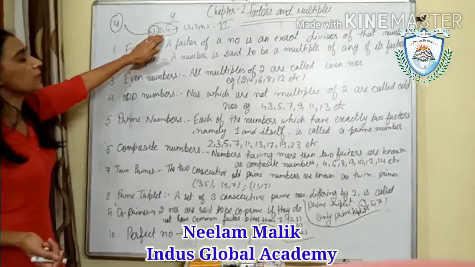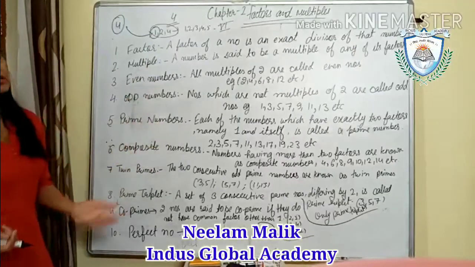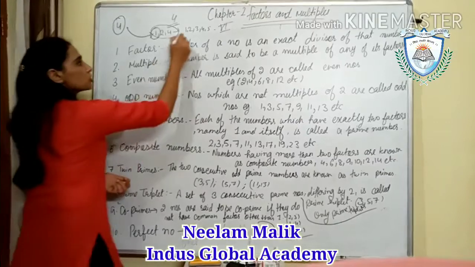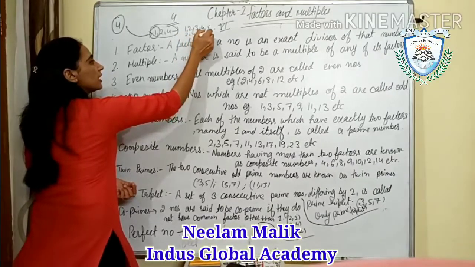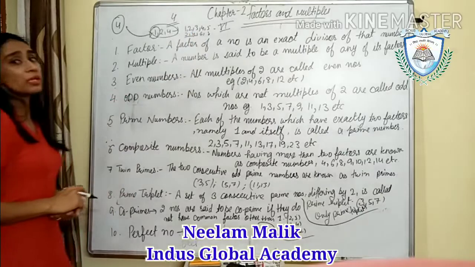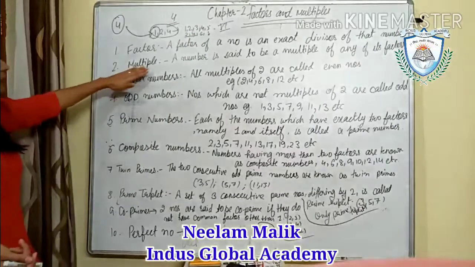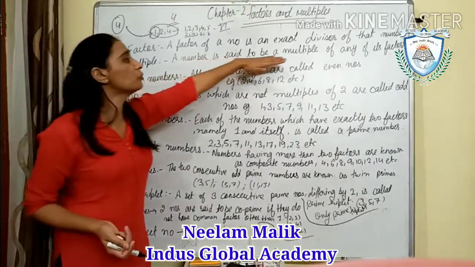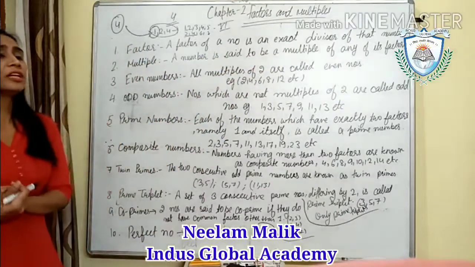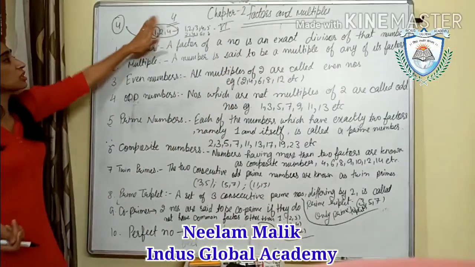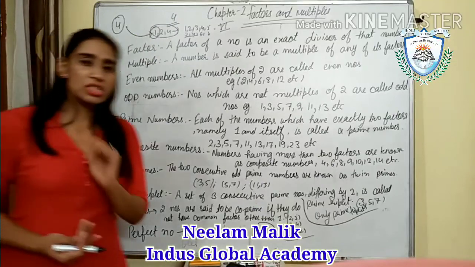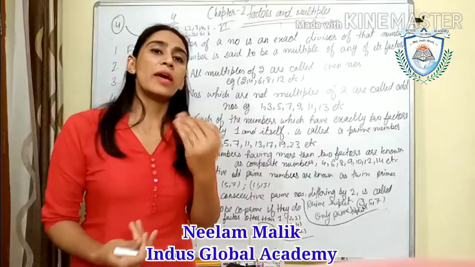In the multiples of 2, when you write the multiples of 2, what are the multiples? 2, 4, 6, 8 like this. So in that also 4 will come. So here they are saying a number is said to be a multiple of any of its factors. Means we call a number a multiple of its factors. And simply we can say the table of any number